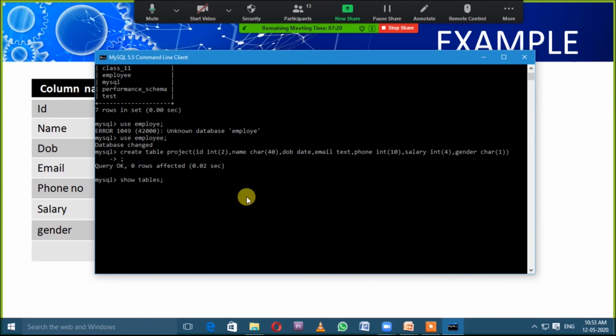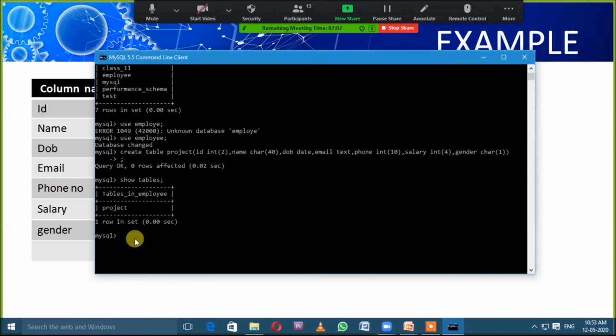Look here, tables in employee, our database, and in this employee database the project is the table.